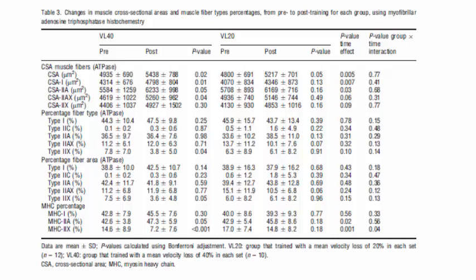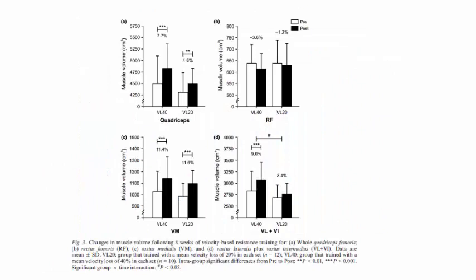It's not just about the movement, it's about how much fatigue you accumulate within that movement that leads to different types of hypertrophy. Now here is based off of the MRI, and we see here, top left is the quadriceps as a whole. Then they broke it down to rectus femoris, vastus lateralis, and intermedius, and vastus medialis. And we see it's really what would be expected, that, hey, the velocity loss 40 group saw significantly better hypertrophy. You know, as we just saw from the previous slide, but here's a graphic illustration that, hey, you want just